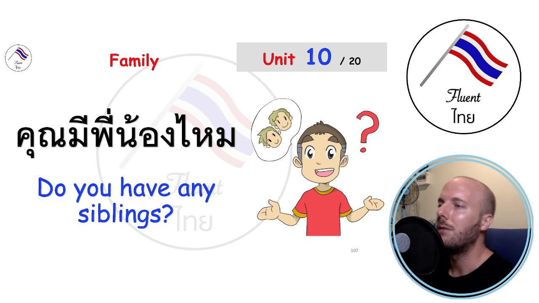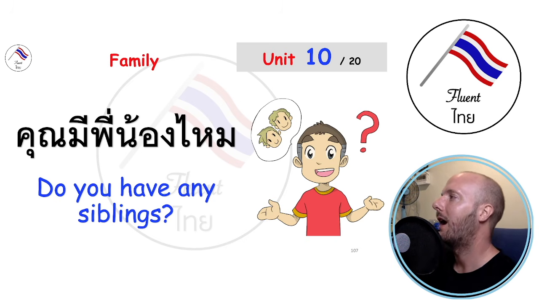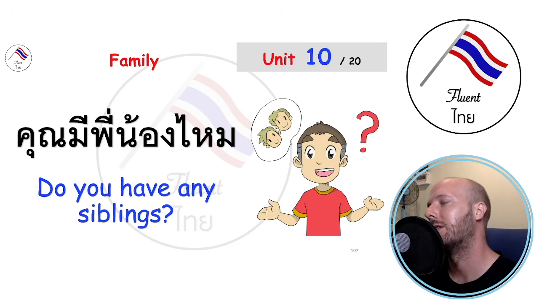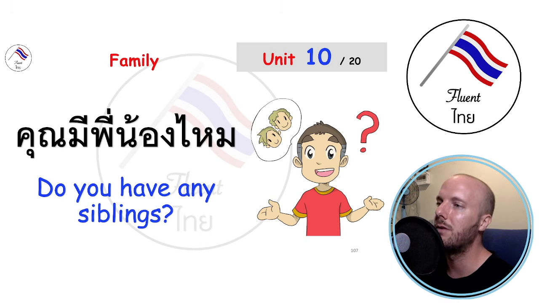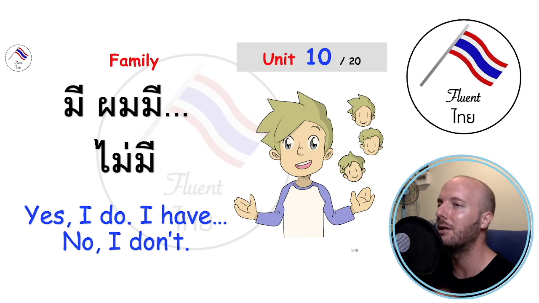คุณมีพี่น้องไหม มีพี่น้องไหมครับ Okay, I'm gonna have to say ครับ because I'm trying to emphasize being polite, and sometimes it's a bit too informal if you keep forgetting ครับ. So alright, I changed my mind. I'm gonna say ครับ all the time. Yeah, you answer มีไม่มีครับ